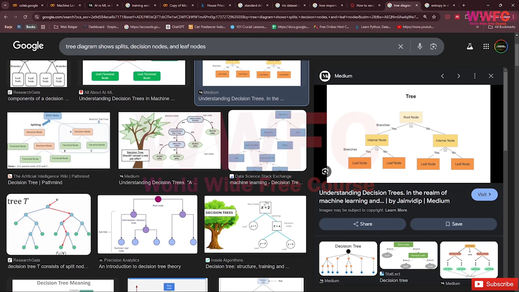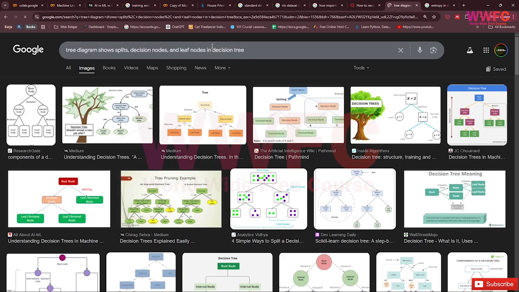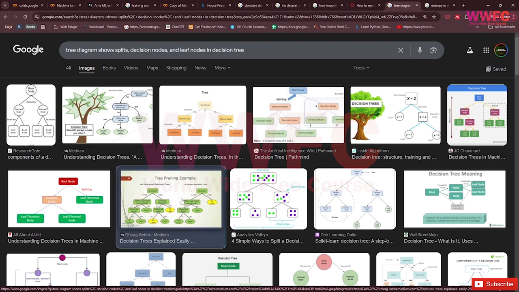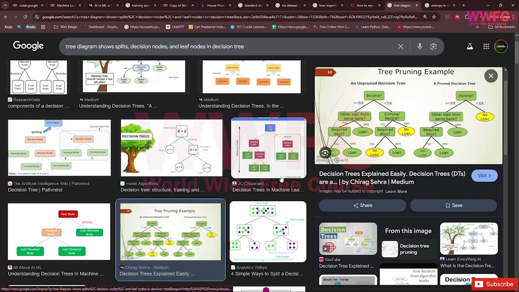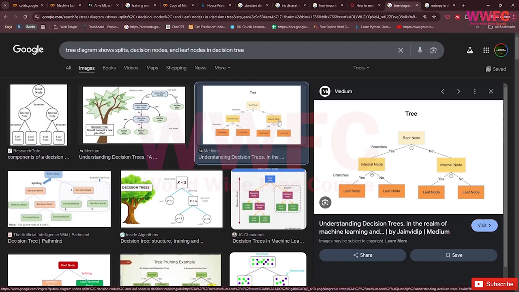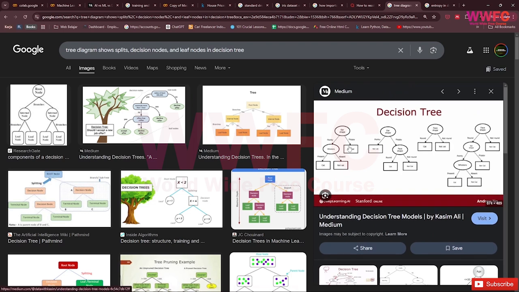Maybe we want to look at the decision tree concept. It is something like this, right? For example, income more than 13K. How about we check simpler ones, maybe this.